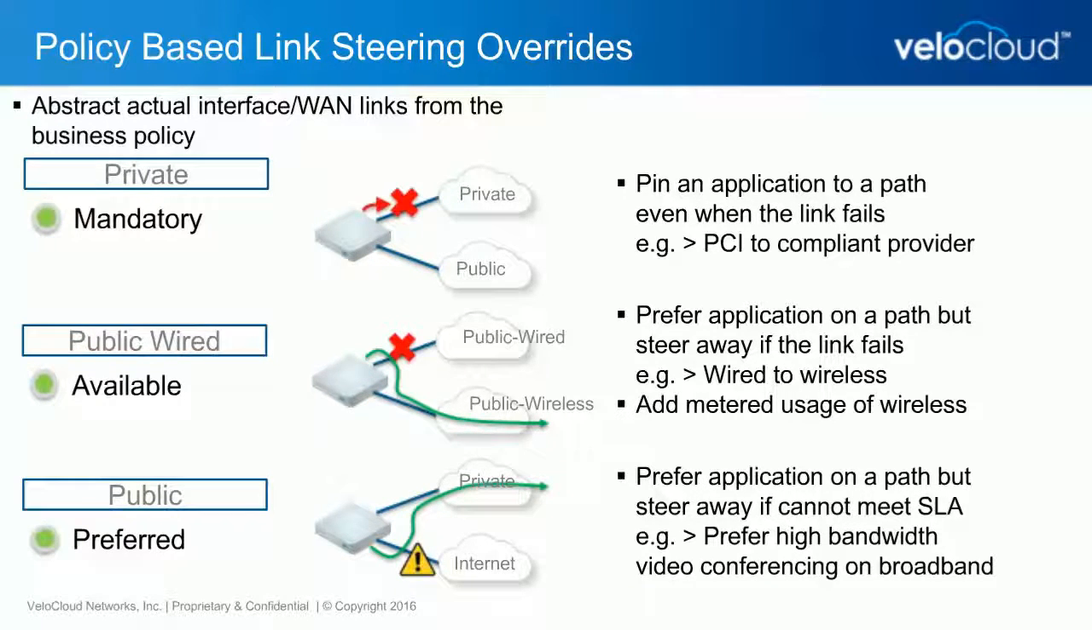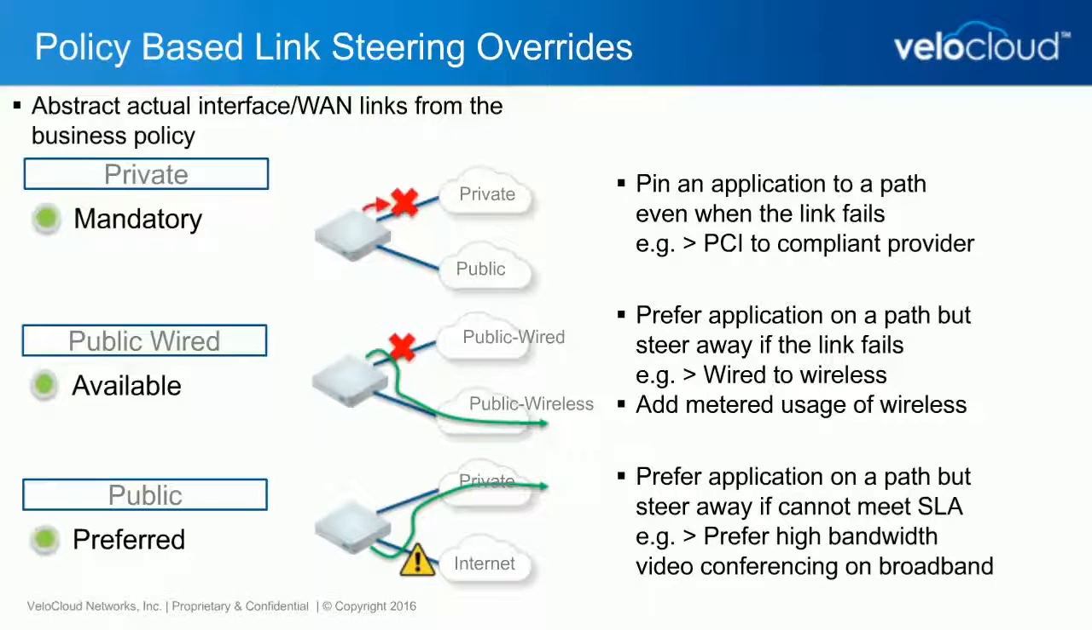The second example is using an available type policy that says you prefer an application. So in this example, it might be prefer an application to use the public wired circuit, and this is for cost reasons. As long as it's available, you're not really concerned about the performance for some of these applications. But if that link were to fail, then it is okay to automatically move it over to the public wireless circuit. And then an additional enhancement on that is to keep track of the usage of the wireless circuit as well